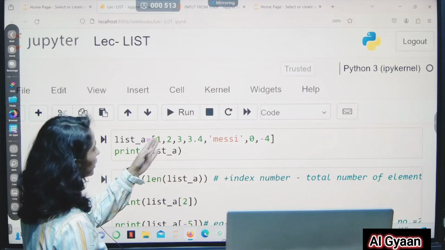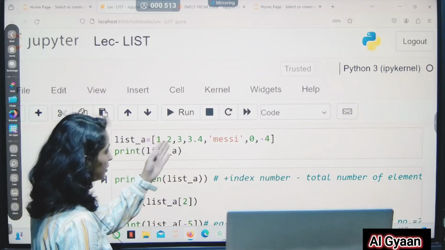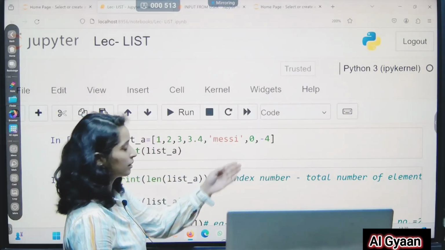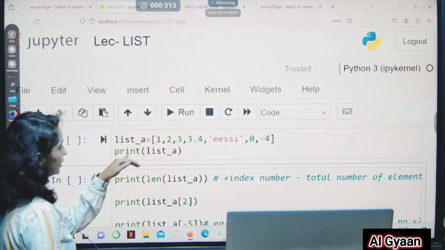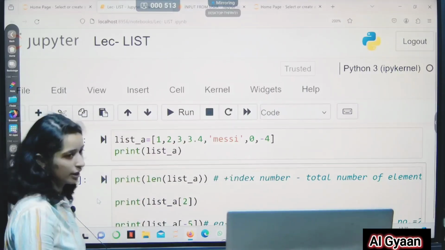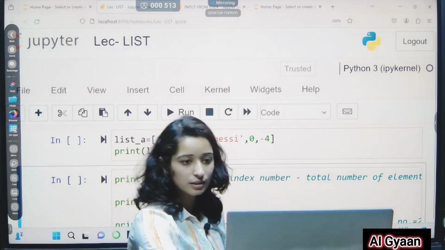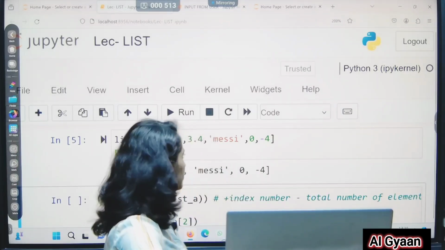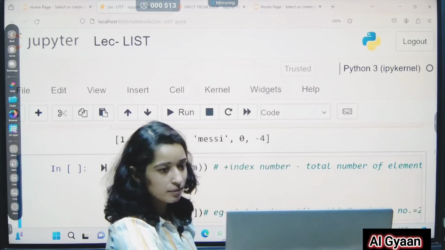This list contains integers, float numbers, and strings. Then I have written print list A. I'll run it, and my list has been printed.